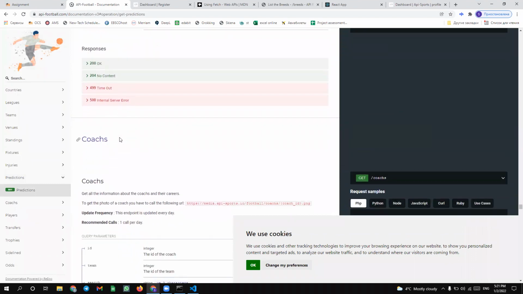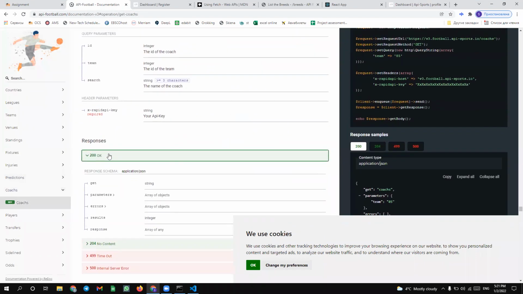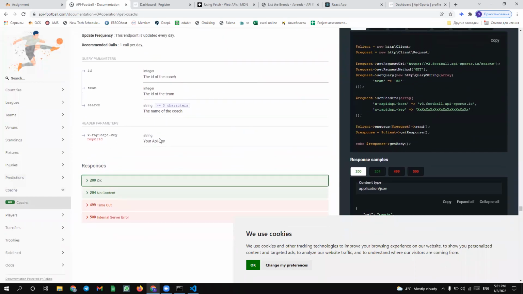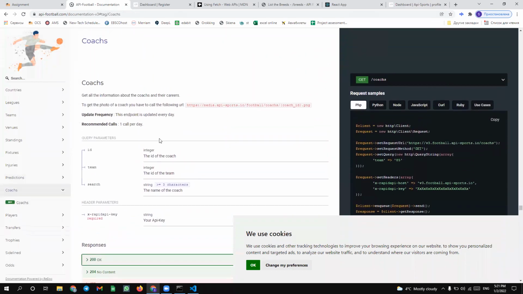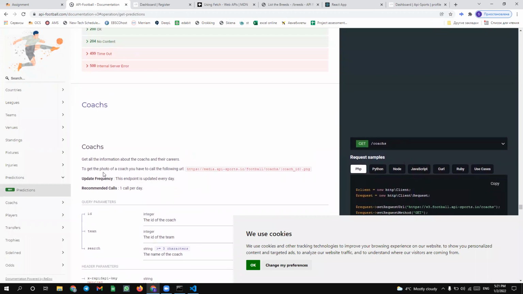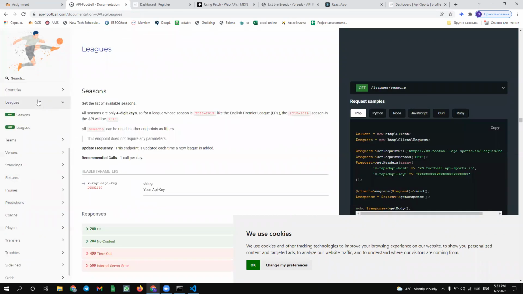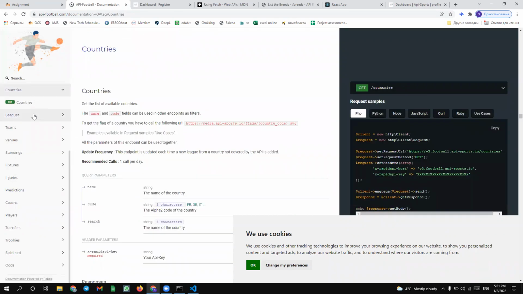Where is the endpoint? Team search. To get the photo of the coach, you have to call the following URL. Okay, we can see countries, yes, leagues,